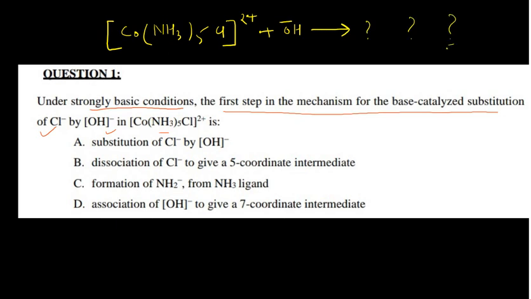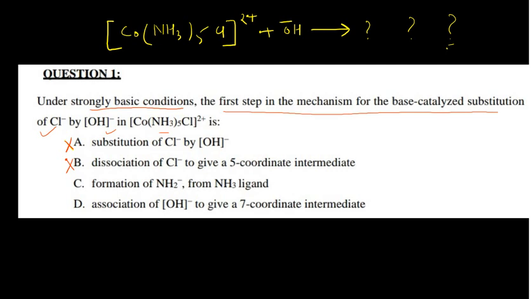So in that case what will happen in the first step of the reaction? Substitution of chloride by OH directly, whether it is possible or not. No, it is not possible. I have explained this in the reaction mechanism part. And then dissociation of chloride? No, this is actually not possible. This pentavalent species does not form in this condition actually. Formation of, yes, this is quite possible in that case.